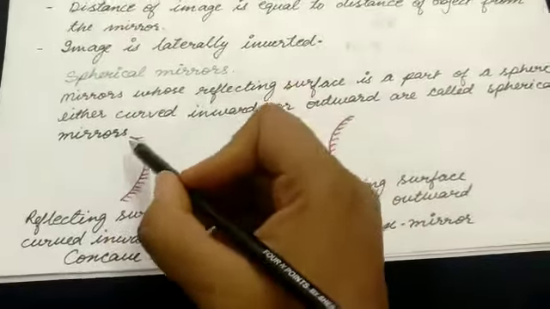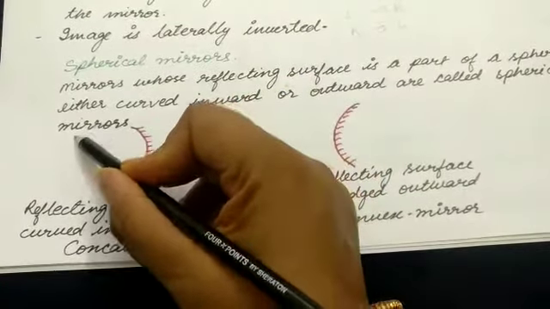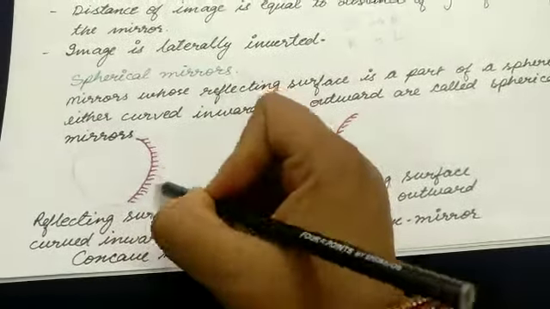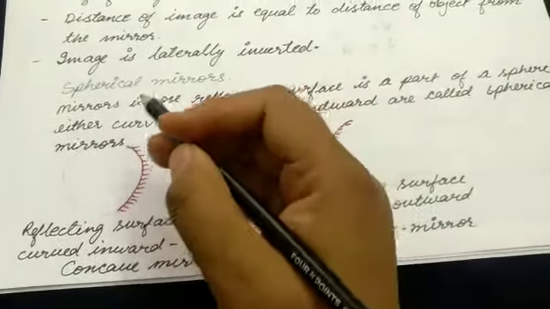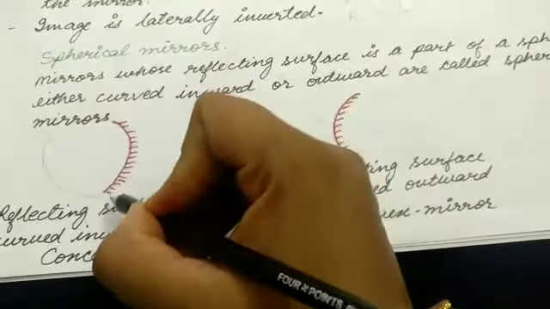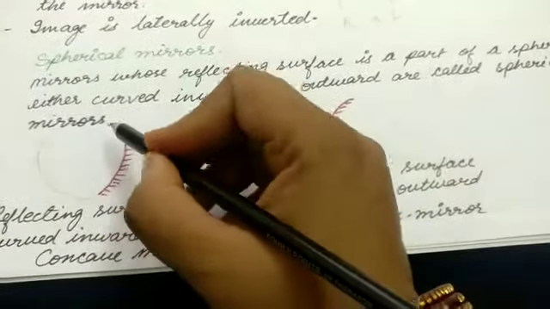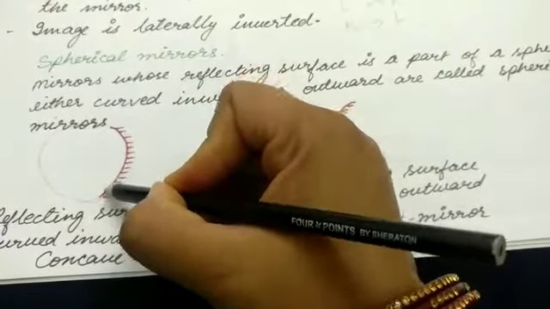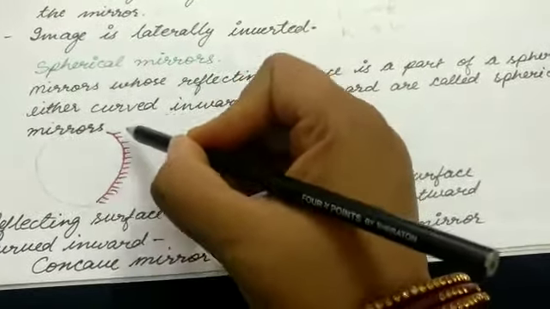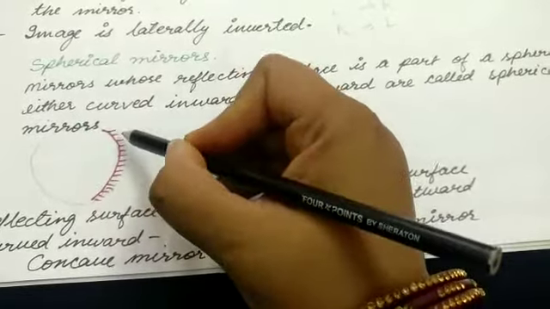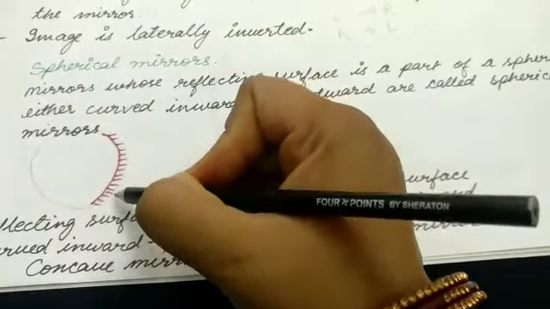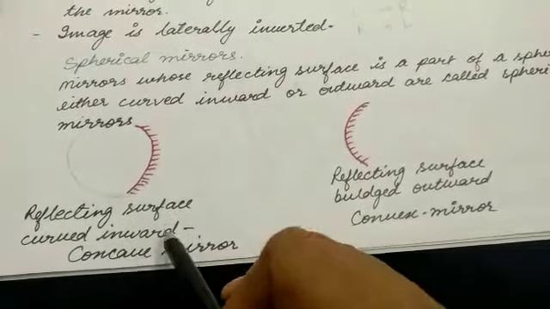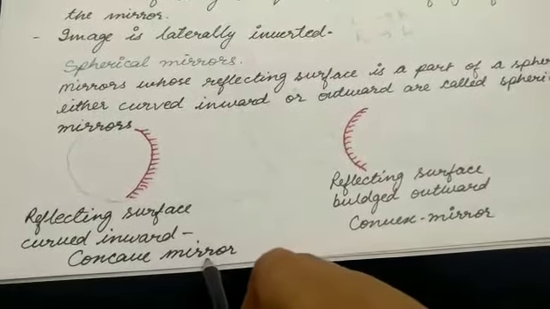See here, if we consider it as a complete sphere, and we polish its outer surface, paint it black and silver, then if we cut its part, this inside curved surface will be the reflecting surface,